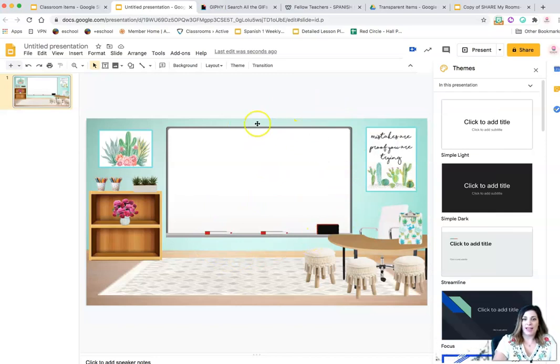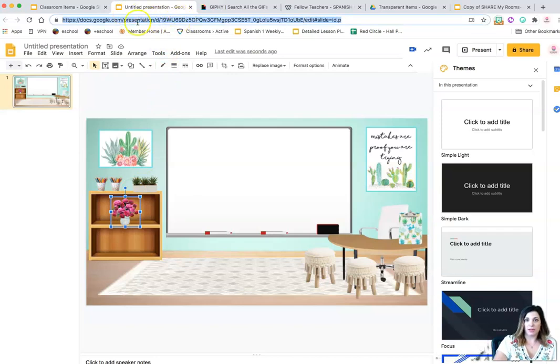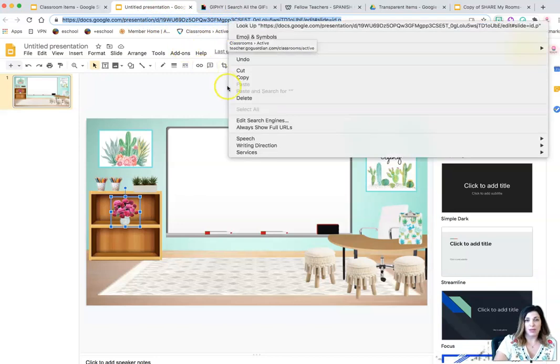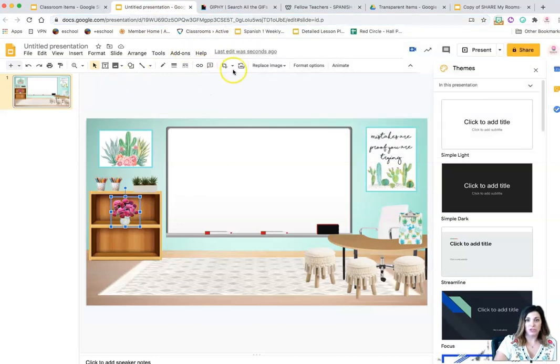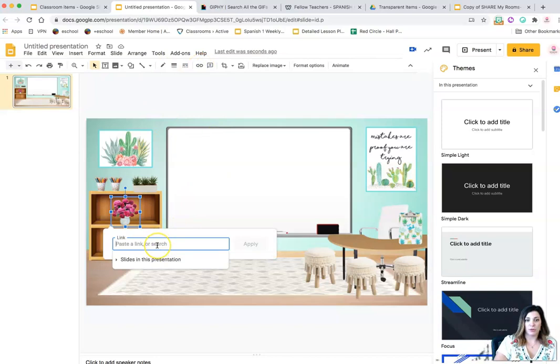So let's say this is done. I'm done with my classroom. Actually, you know what? We need to add some links, right? So let's say I want to link this pot of flowers, flower vase, to somewhere. All I would need to do is get the URL from the URL box of whatever site I'm trying to link it to. I would, again, right-click, copy, and then go to my image. This little paperclip is how you link things. So you'd click the paperclip. It's going to open up a box for you to right-click, paste the link into,